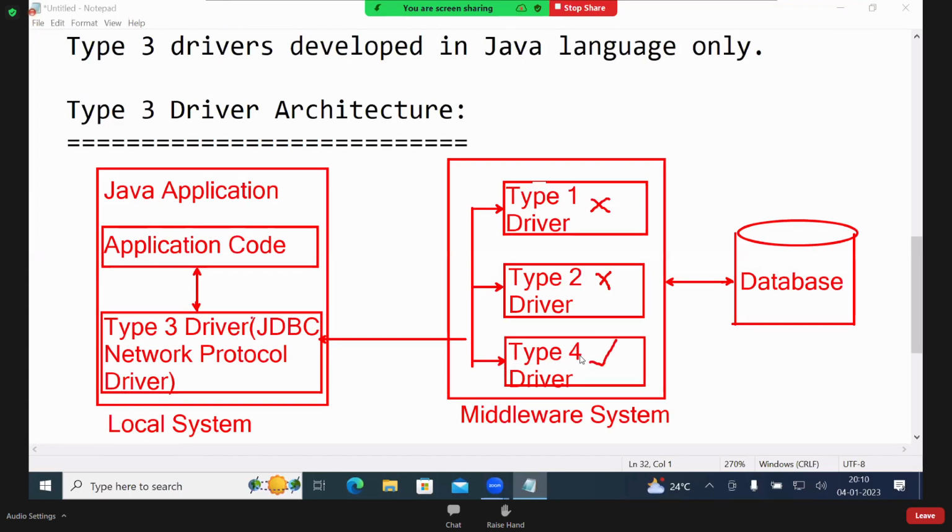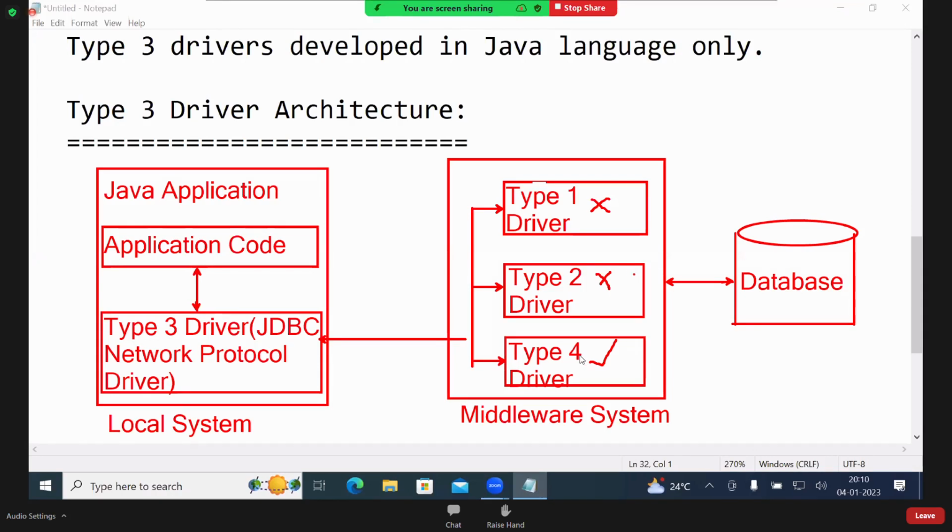That means this driver depends on one more driver. But here you are not writing code to connect. It is inbuilt. Here you only need to specify which driver you want. You just need to fill in the data. It is already a tool. The tool will be there. You have to select the driver. You have to select the URL. You have to select the username and password. Then it is connected to the database.